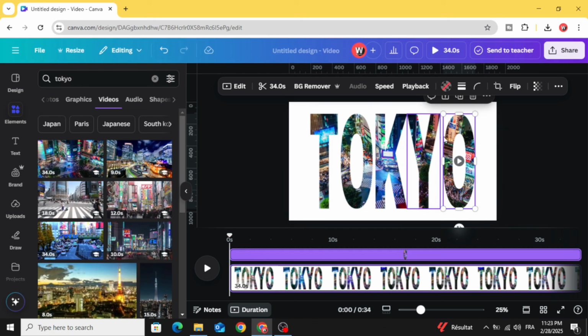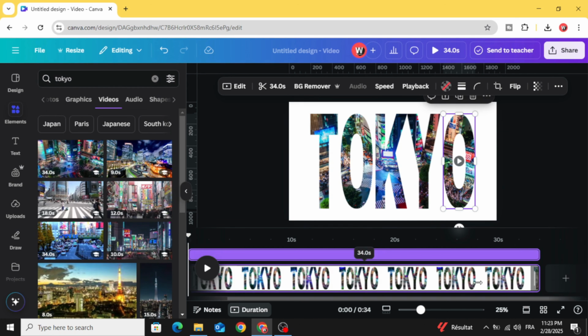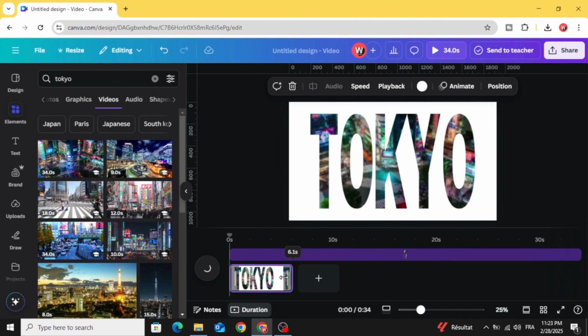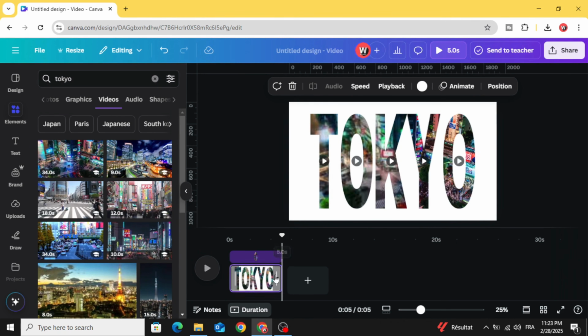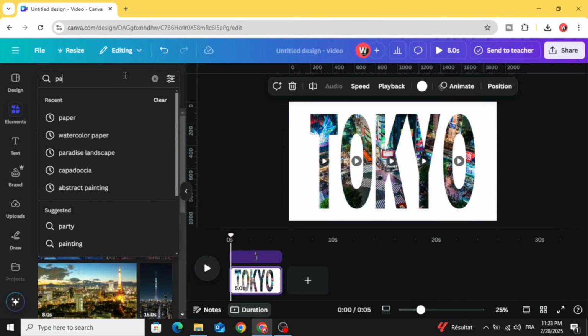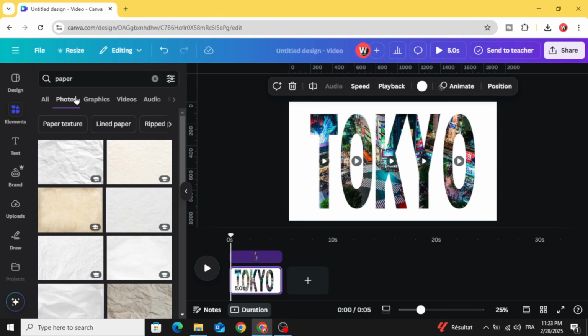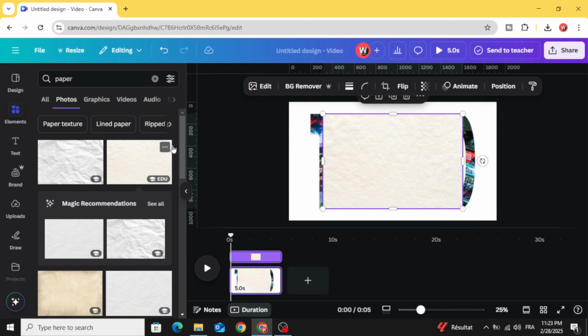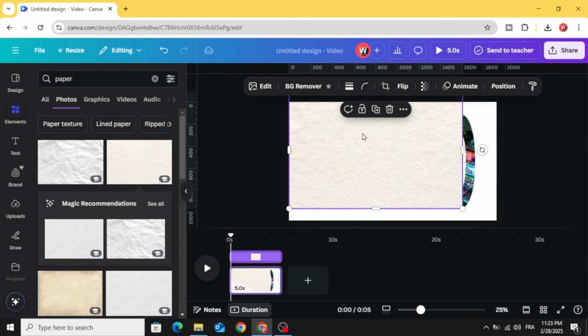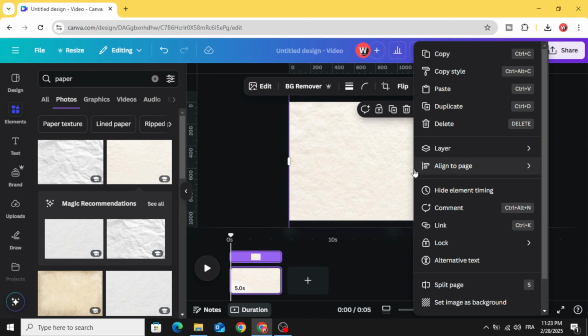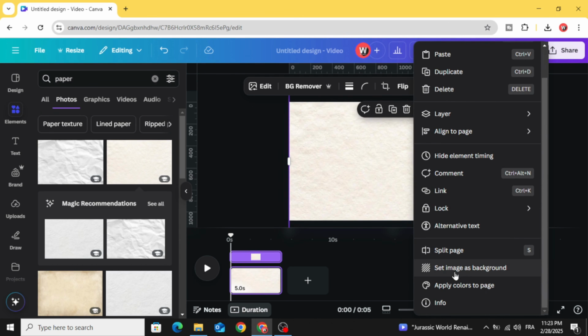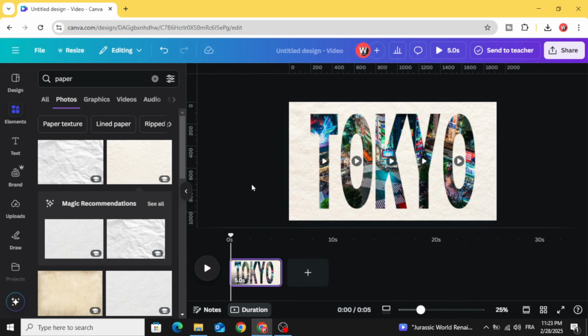And after placing the video inside all the letters, let's decrease the duration of the video. Let's make it just 5 seconds. Go to elements again and type paper. Go to photos. Let's use the second one, or you can choose what you want and make it as a background. Set image as a background